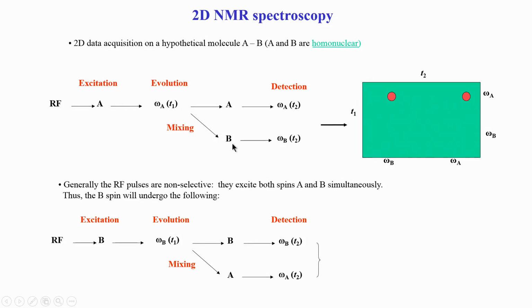Once the transfer has happened, we then apply another RF pulse, similar to the first, which acts on both A and B. It is not an RF pulse which works only on A. That is the mixing pulse; it mixes the magnetization which has come from A and now gets transferred to B. So, now the B nucleus gets excited, similar to what happened here, and therefore spin B starts rotating or precessing after the second RF pulse is applied, with a frequency of its own, which is omega B.